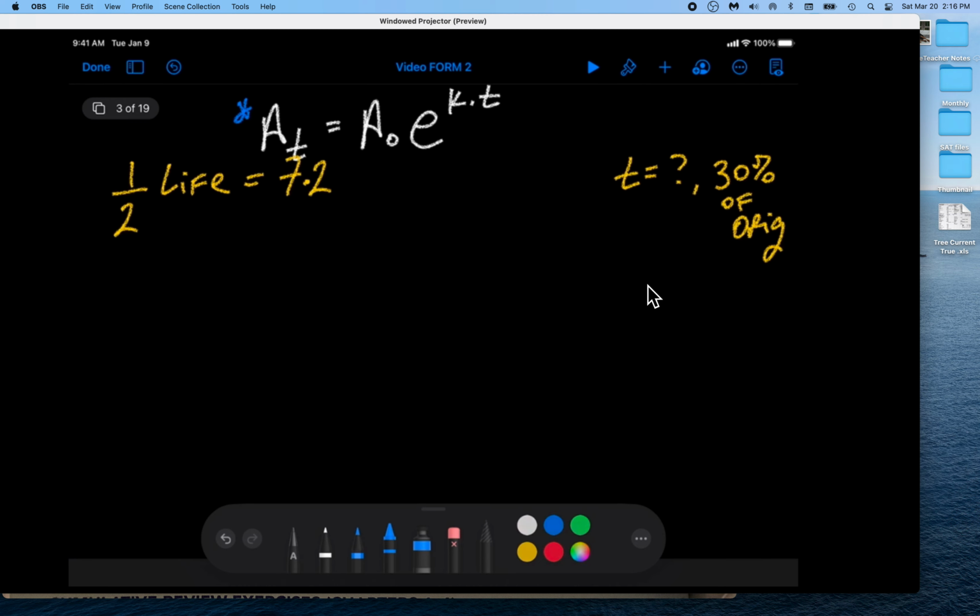And I told you how important that was and how that led to us being able to eliminate variables and go down to one equation, one unknown. The same thing is true here. Half-life equals 7.2 is a huge amount of information. Because what does it tell us? It tells us that when t equals 7.2,